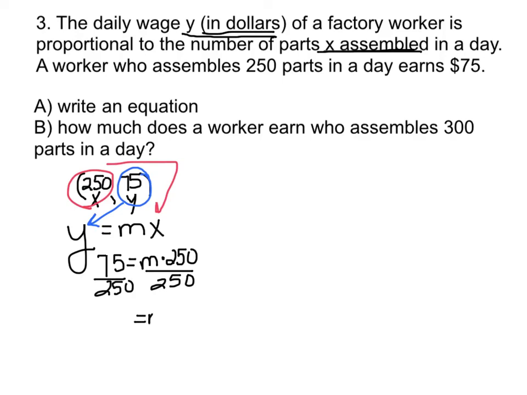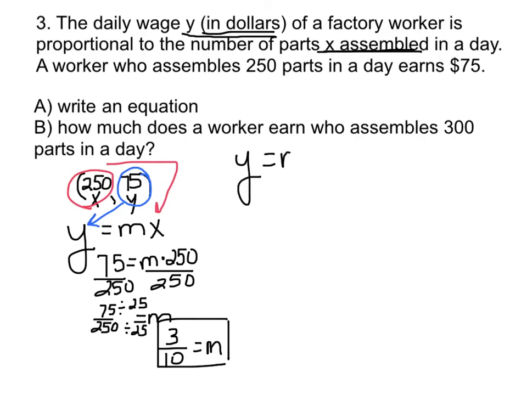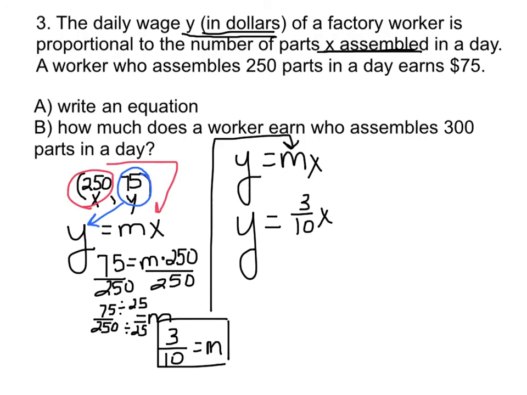So m is going to be 75 divided by 250. What number goes into 75 and 250? That should be fairly easy. It'd be 25. 75 divided by 25 is 3. 250 divided by 25 is 10. Therefore, I just found my slope, which is 3/10. So I take my 3/10 and I plug it back in here. So that would give me y equals 3/10 x. That is your answer